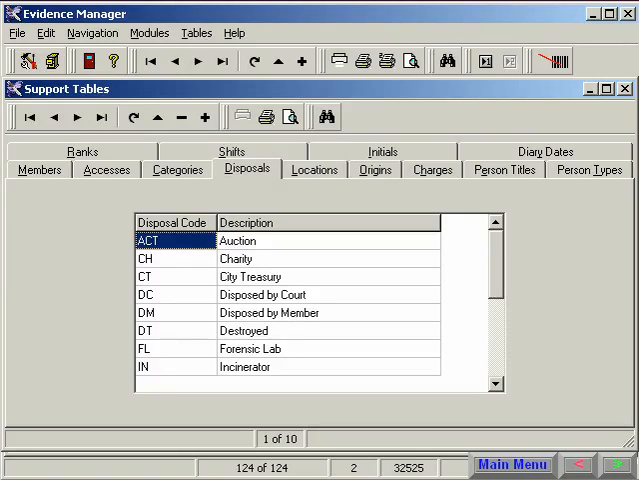This has been a quick overview of most of the support tables in Evidence Manager, and that will end this portion of our tour. By having a quick look at these tables, it's easy to see that Evidence Manager can be customized for any department's evidence